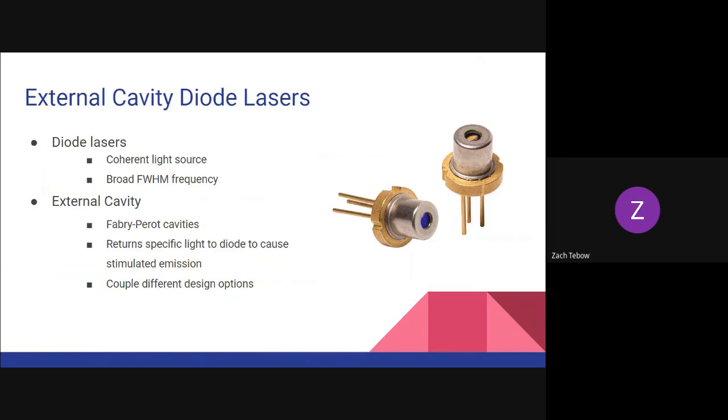Inside this little diode laser, at the back end, there's a reflective substance, and in front of that, there's a positive and negative junction that is producing the photons that send out light. Now, if you have an external cavity that sends light back into the diode, and that cavity has a way of returning only specific light, one single wavelength instead of the range of wavelengths that the diode is sending out,